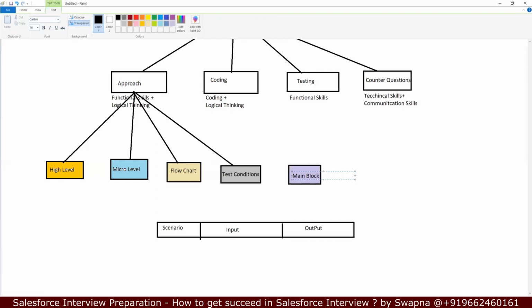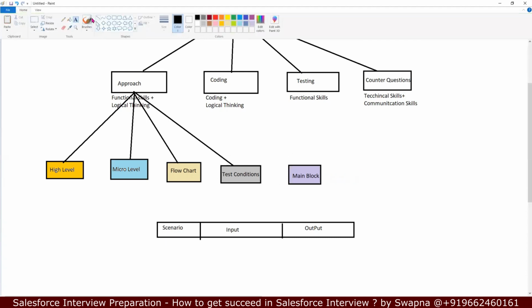How many methods do I need? What variables do I need to declare? Class name, method name, functional and technical objects to be used in this program. What are the objects that can be used? Write down those, and keep it ready. That is something like a skeleton structure, I can say. It's a kind of skeleton structure, like what is the class?